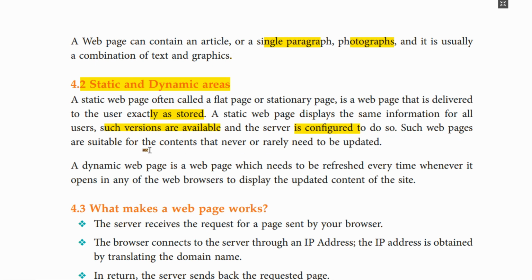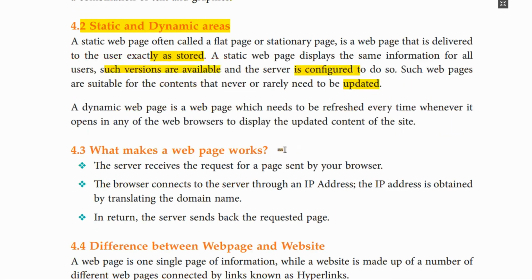Such web pages are suitable for content that is never or rarely updated. A dynamic web page is a web page which is refreshed every time it is opened in any web browser, to display the updated content of a site.